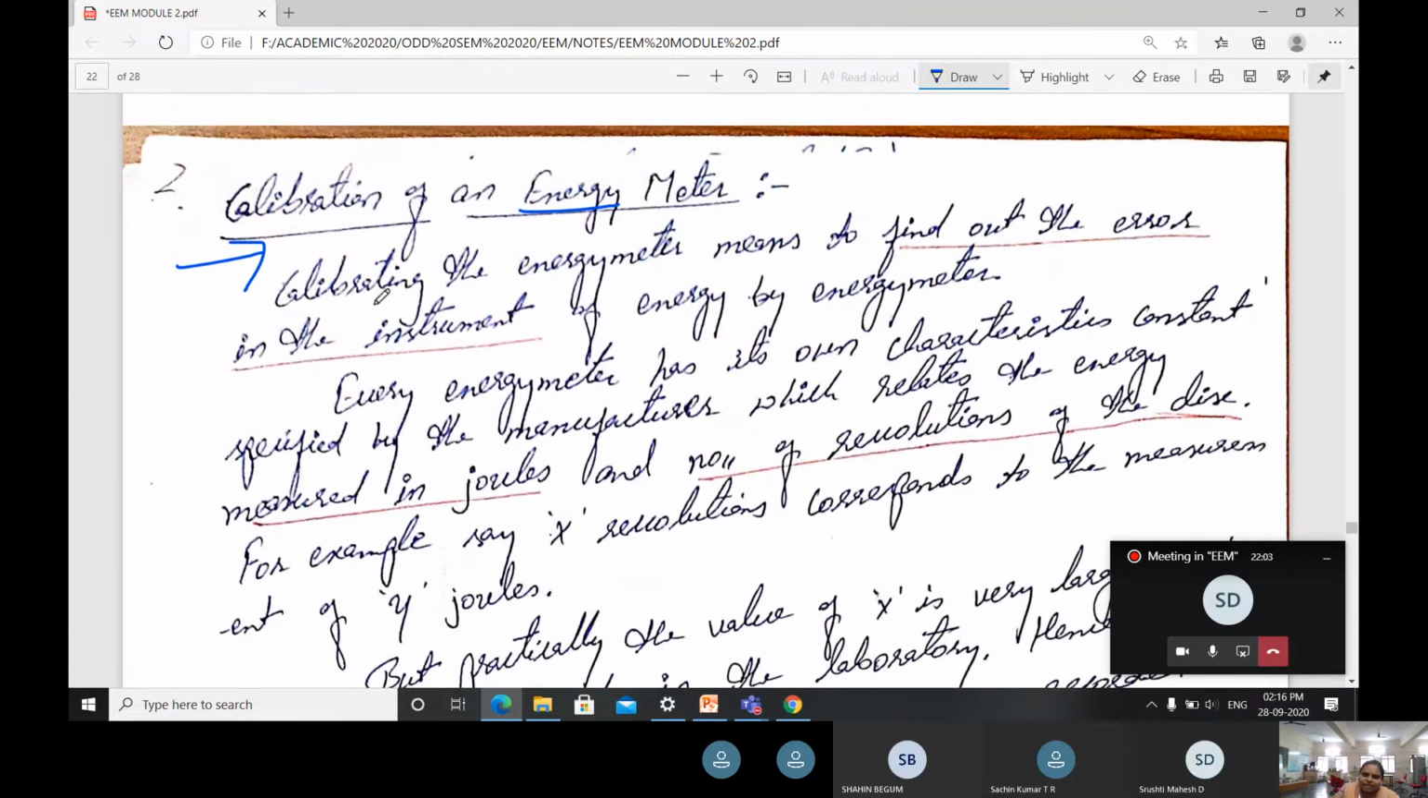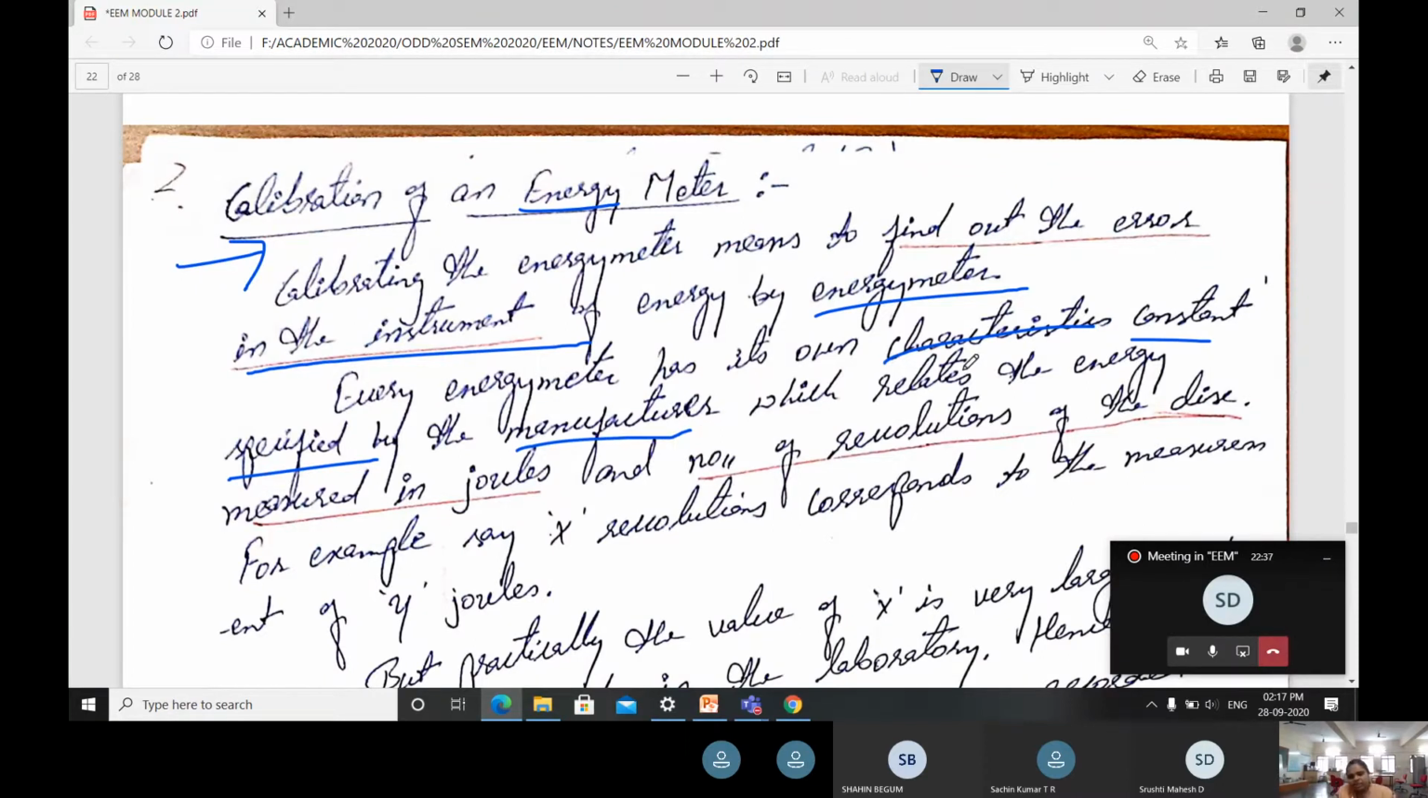Okay, what does calibrating the energy meter mean? As written here, find out the error in the instrument of energy by the energy meter. What does calibration mean? Finding the error in the instrument of energy by the energy meter. That's the meaning. Here the energy meter has its own characteristic constant, specified by the manufacturer,